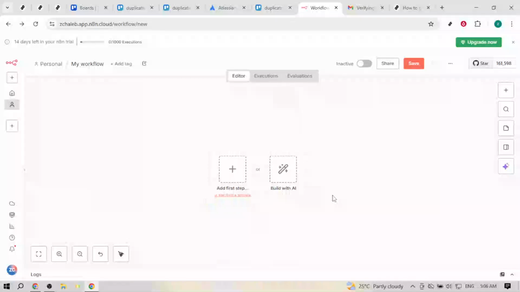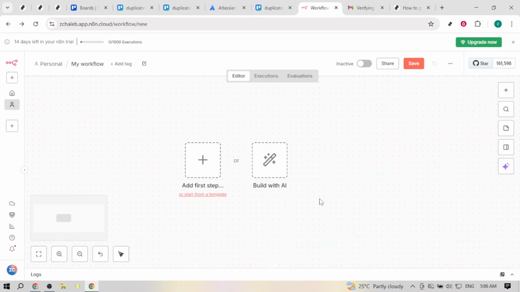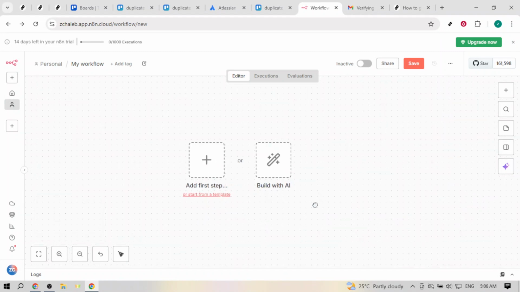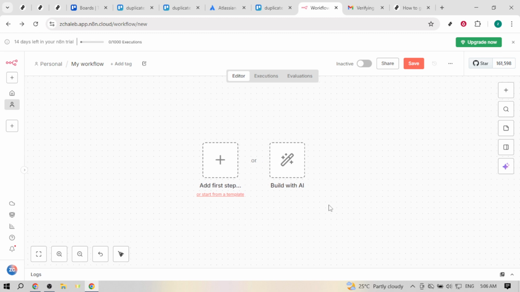In today's video, I'm going to teach you how to set up Trello API in n8n. By the end, you'll have a Trello node connected with secure credentials, ready to automate boards, cards, and lists directly in your workflows. Start by opening n8n in your browser and creating a new workflow so you're working on a